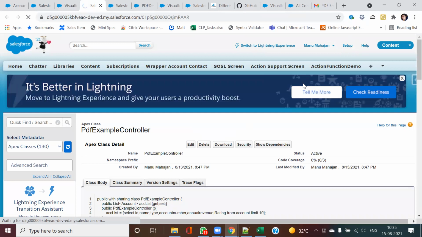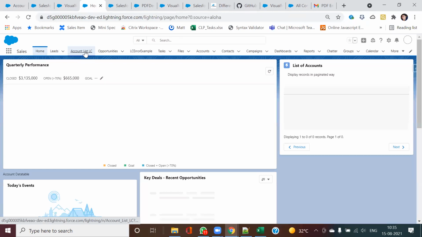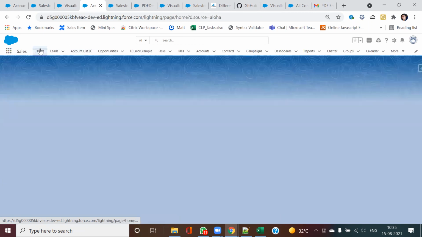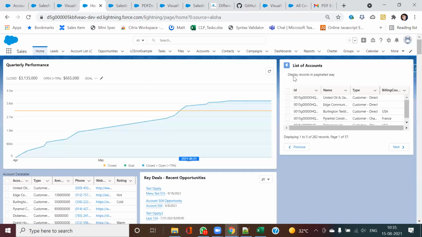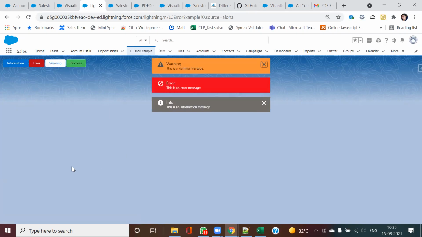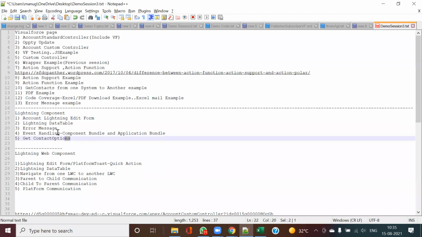Classic is done. In the next session, we will go into Lightning and how this is working in Lightning. Error messages also we have. So this is for Lightning components, which will be there in the next session. Mostly this will be the next session.